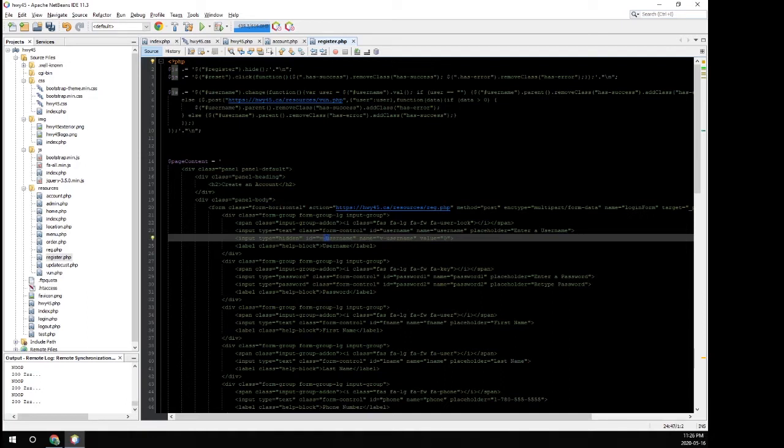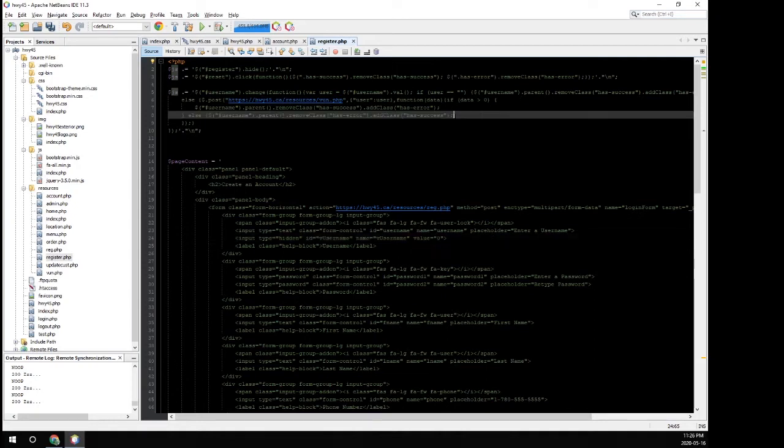Or we should be using camel caps, so vUsername with a capital U. There we go. That's our ID and name. This time for sure. Okay. Back to it. So now we want to